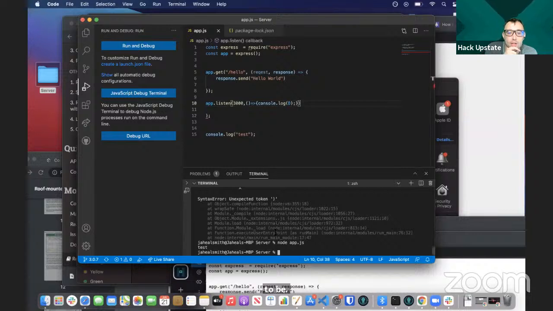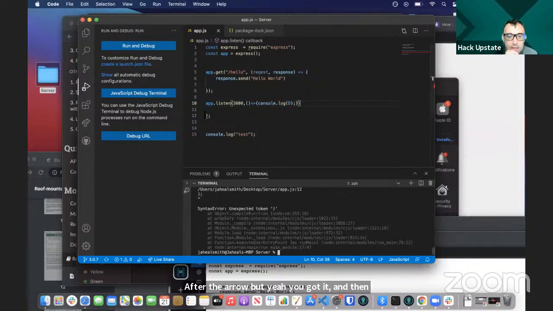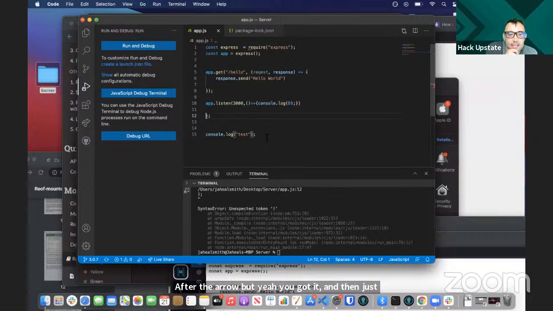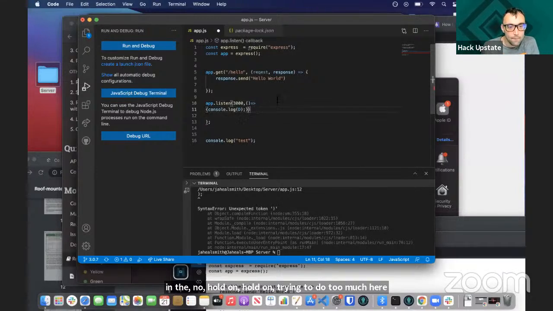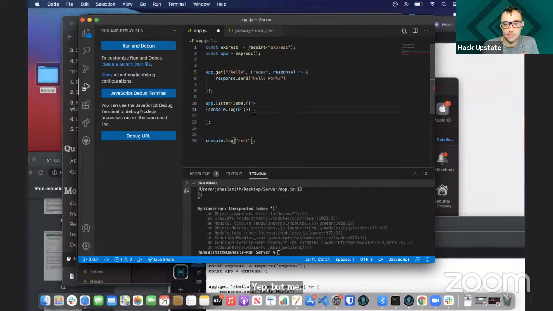And then just console log out a number there instead. No, hold on, trying to do too much here. First, let's fix your indentation.